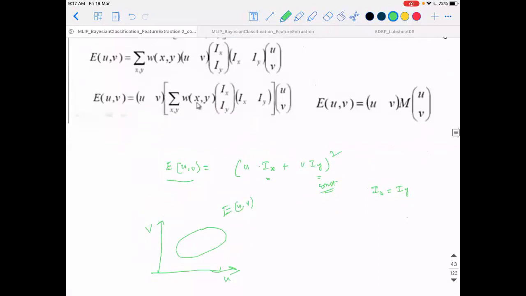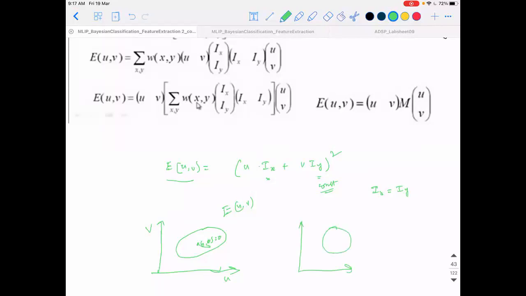See what I am doing here? See, this is the center. Assume that this is where u comma v equals 0. Okay, so what essentially I'm doing here is, for various values of u comma v, I'm trying to find out what the gradient is for different u comma v. So assume that I get this kind of curve.